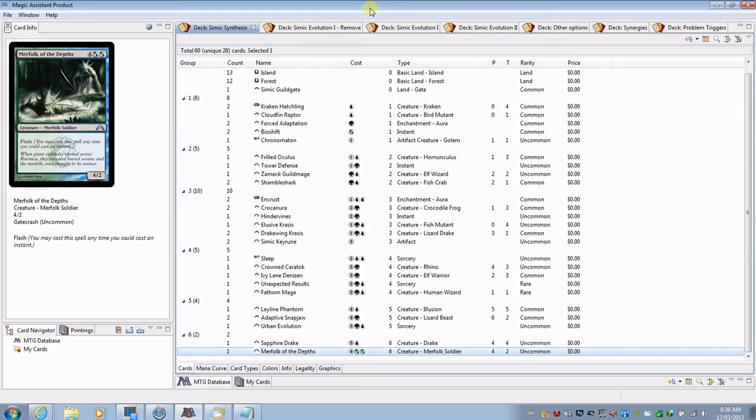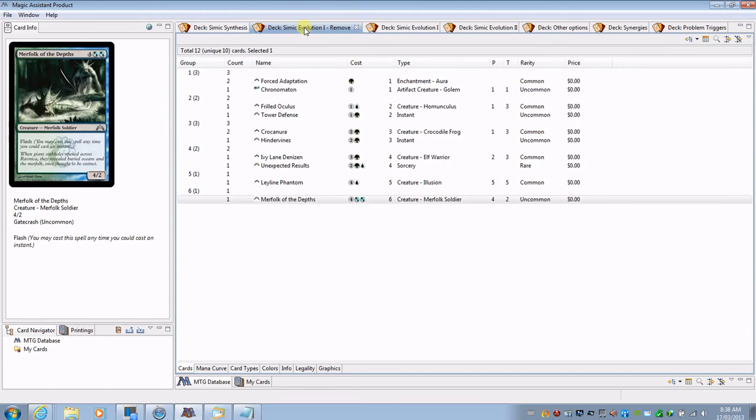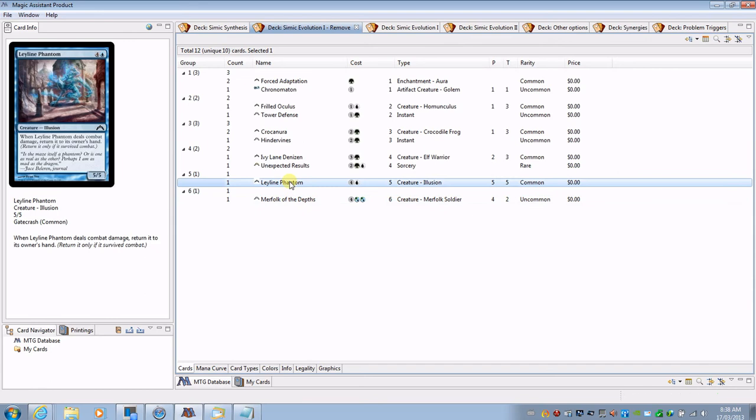So, what did I do first of all with the deck? The first thing I did is just remove a few things. And let me just start to go around the other way, because for instance, Merfolk of the Deep came out straight away. I took out Leyland Phantom because I felt that there may be better ways of doing this if you were going to do this, and I don't think it really added a neat trick to the deck, but you're looking for consistency in this deck, so it's not something I would keep in,